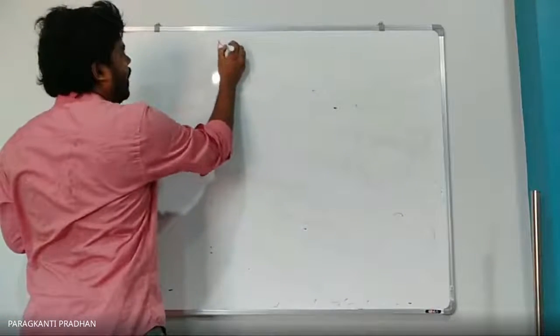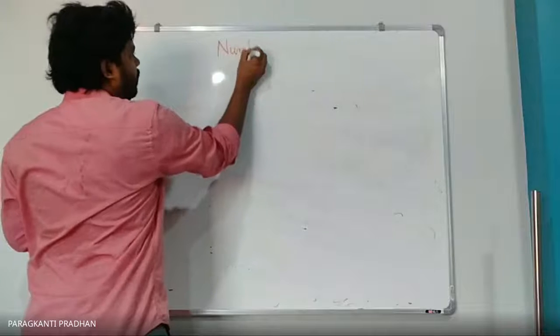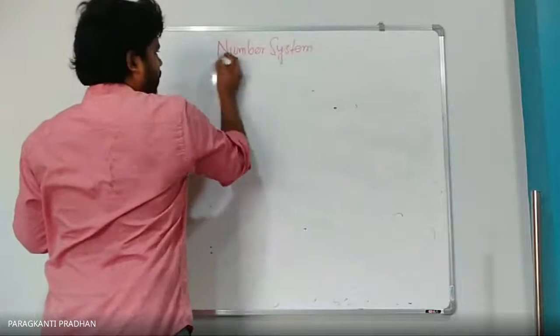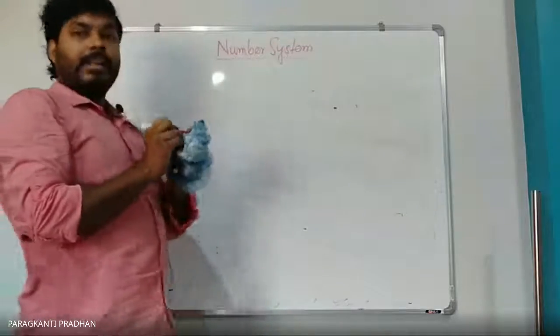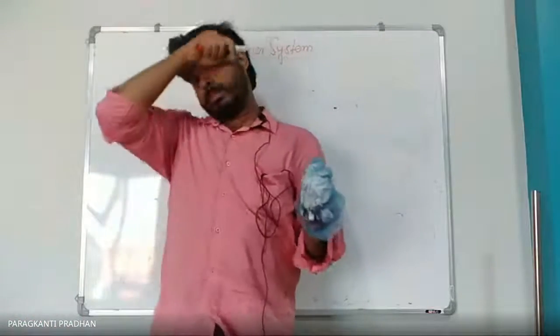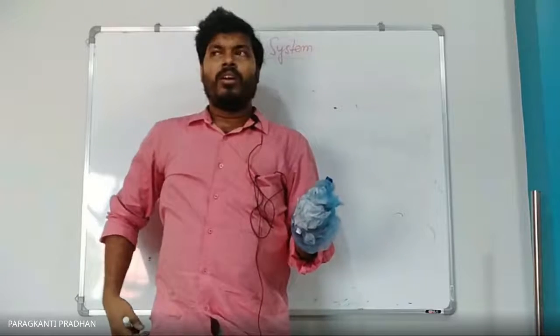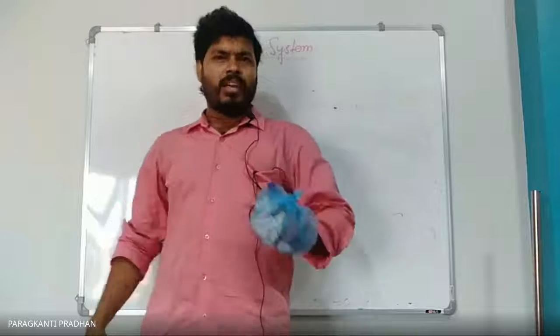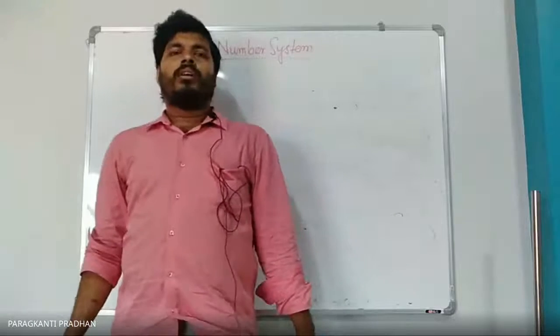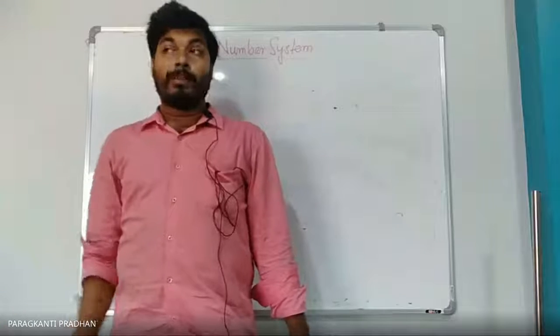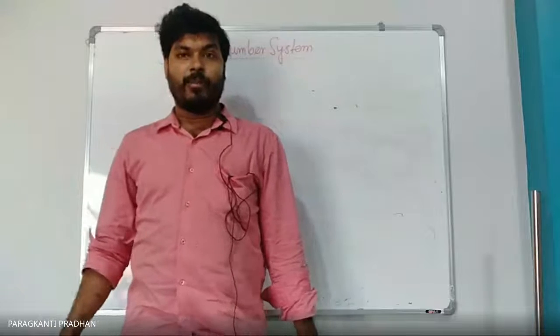The chapter number system. In the chapter number system, some constructions are there, presentations are there, rational, irrationals are there. I think in the last class I told you about the terminating, non-terminating, right? And how to represent the recurring number in the fraction form, right? Yes, sir. In PYQ code.